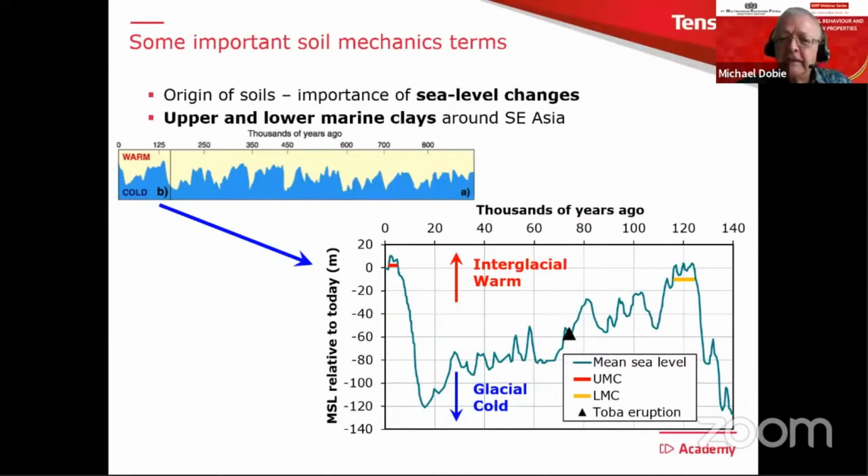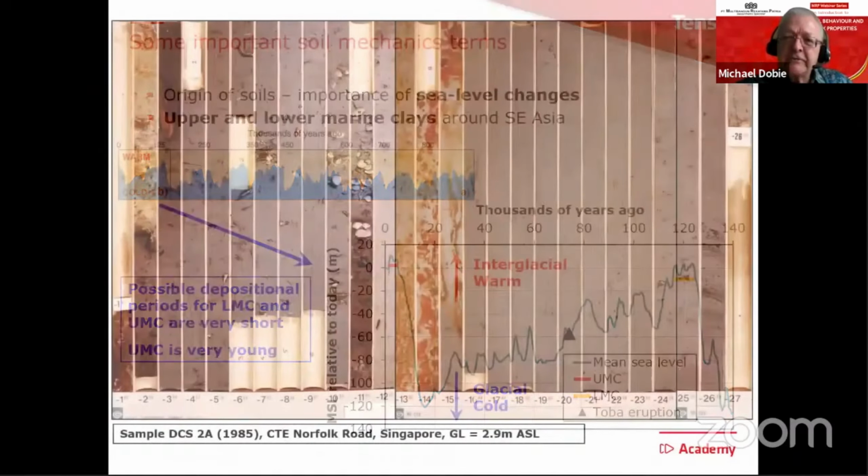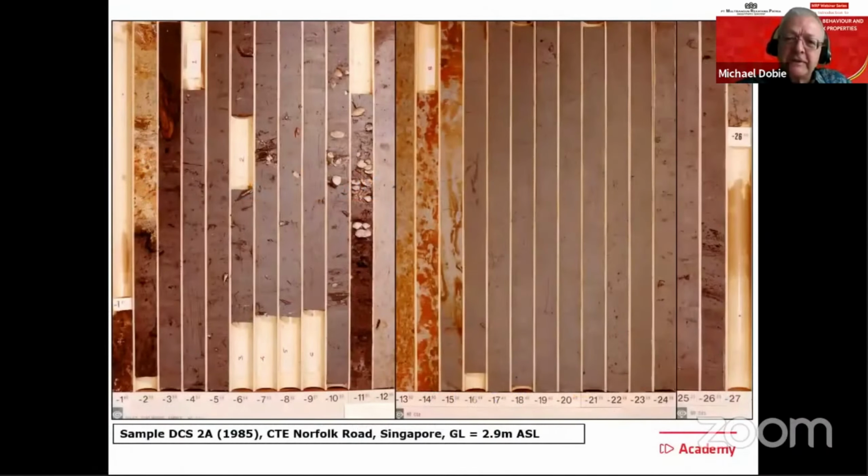In fact, the only possible times when they could have been deposited are indicated by the yellow and red bars, which you can see up at around the sea level. So that is the point in time when they could have been deposited. What this also means is that the upper marine clay, indicated by the red line, when it was deposited, is very young. And I have this really very nice picture, which was taken from some sampling I was involved with